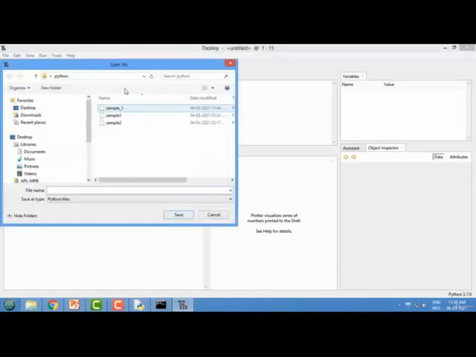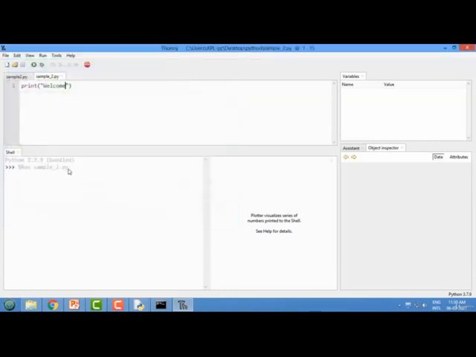Just click on Run. It will ask you to save the file. So here I am saying sample_2. The Python file type is already there, so you don't need to specify the extension. Say save, and it will run the program and give you the output. On this shell I can directly write commands. So suppose 15 plus 69, I will get the output. Or if I write print, OK and OK. So this is how you can use this interactively.